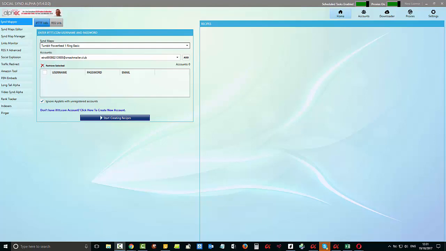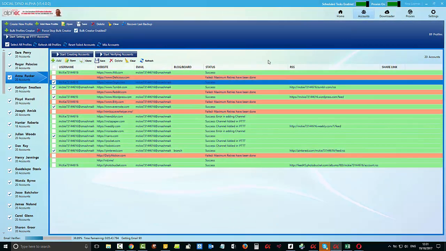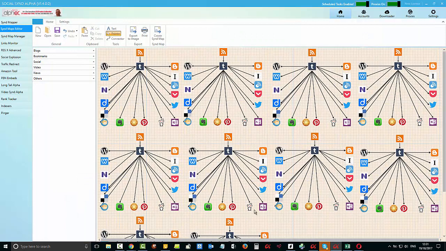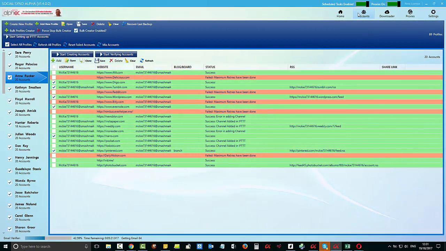Alright guys, so part 2 of how we can 10x the power of SEO, RSS feeds using SEO. The first part I showed you how we can use Social Send Alpha to create a structure like this, where you can see I have an RSS feed coming into a Tumblr account, and then it's syndicating to all these other Web 2.0 accounts. And the beauty of this is that we have an automated account creator that we can use to create